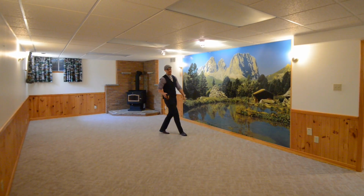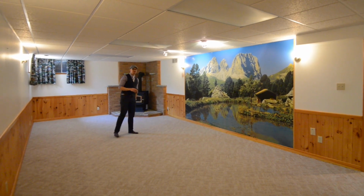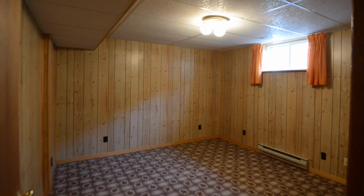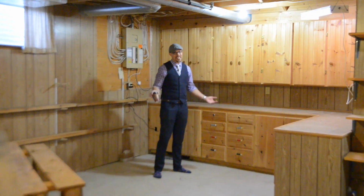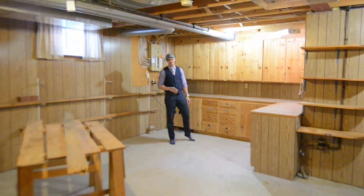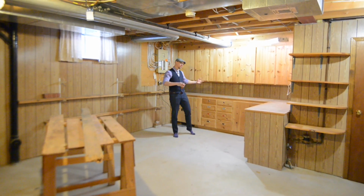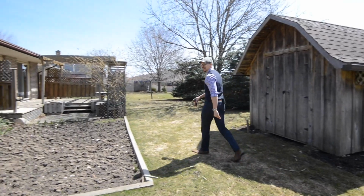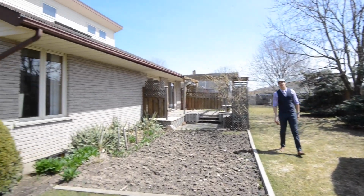But for now, we're in the finished basement with 2 bedrooms and all the room you need to play. And let's be honest, there's a little bit of work to be done here, and you can get that in the workshop. So this is your chance to get into the Wellesley community and also a large one-owner family home